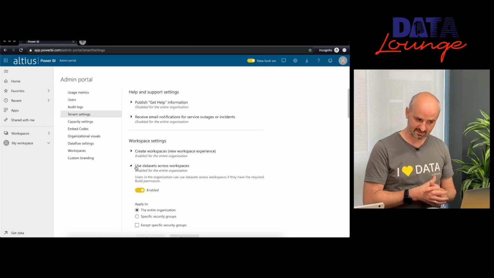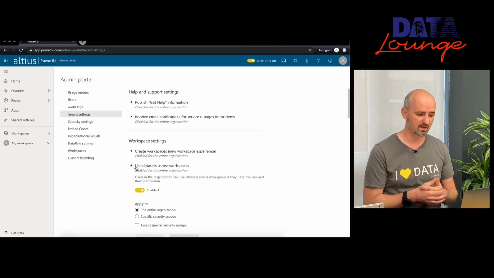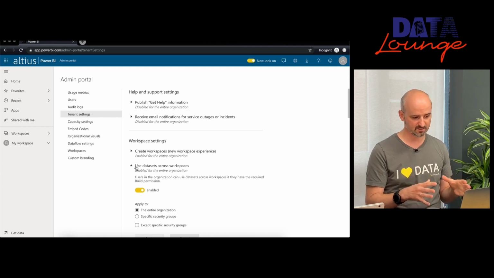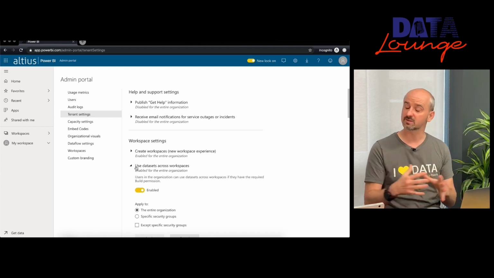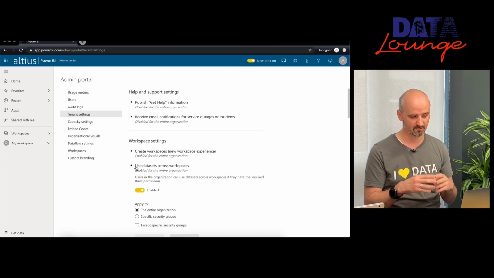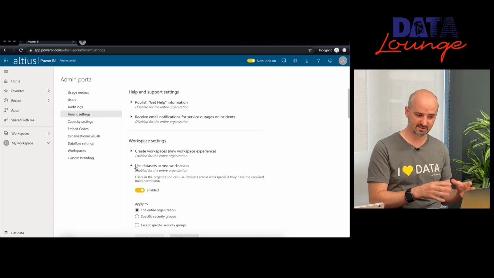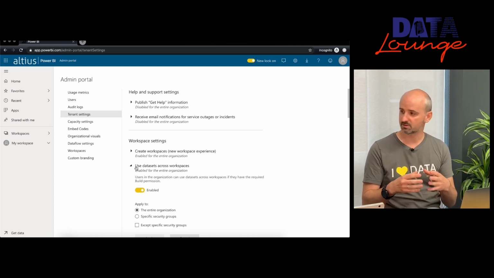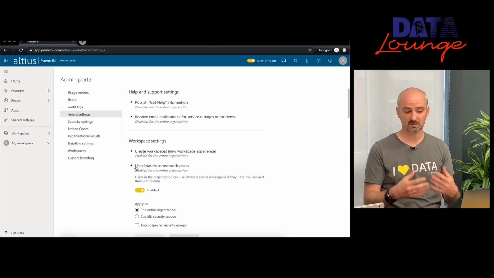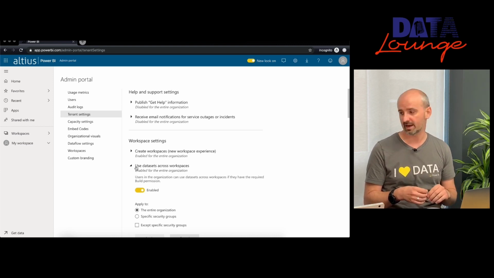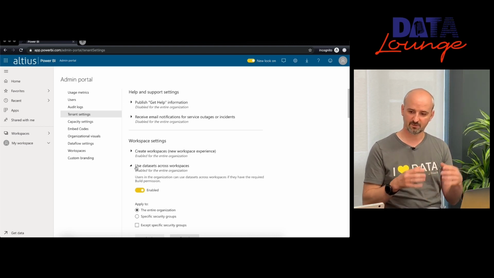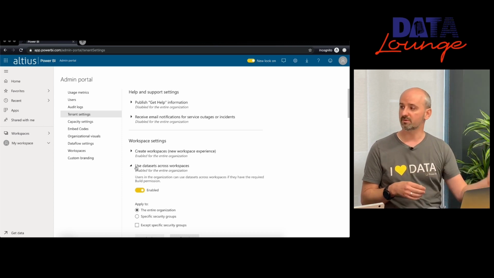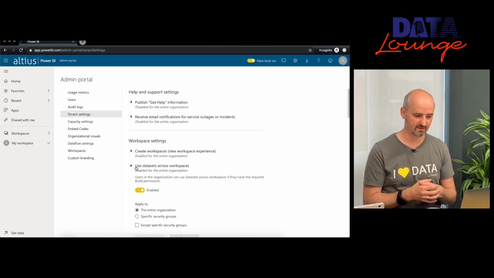Data sets across workspaces. This is also quite a new addition. What it does is enable the reusability of data models that we create. Previously, if you published the report and the data set together from Power BI Desktop into a workspace, it could only be reused to create new reports in the same workspace. But now, by default, it is enabled that you can publish reports from the same data set in all the workspaces where you have the right to publish,